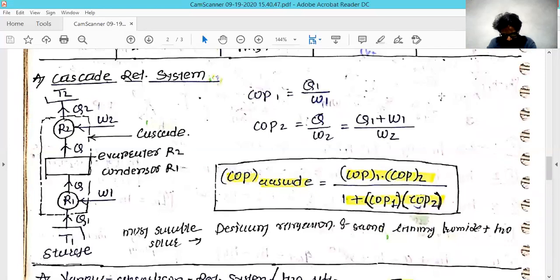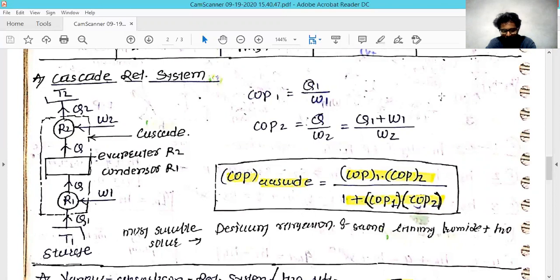In some applications we need to do more cooling of a particular space, where you have to maintain that closed space at a very narrow band of temperature limit. So in that condition they add two refrigerators in series form, which starts from T1, which shows the storage space, and its temperature is taken as T1. And the Q1 heat is going to be extracted from that closed space.